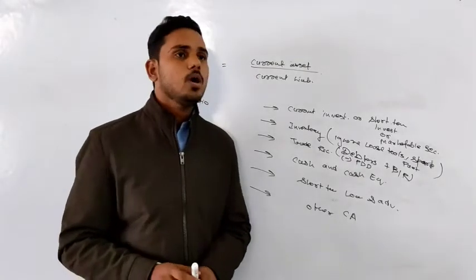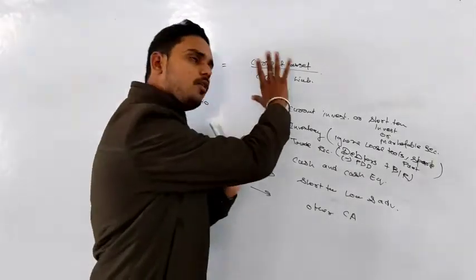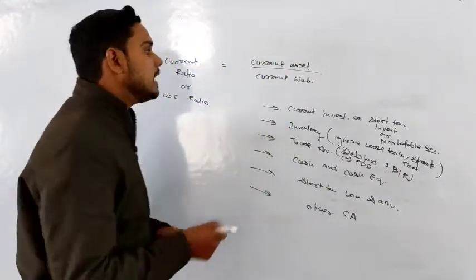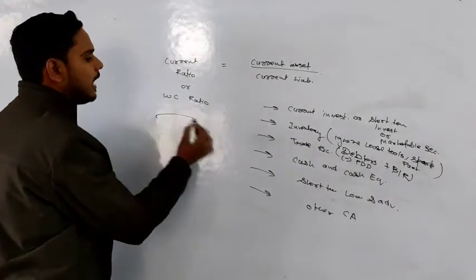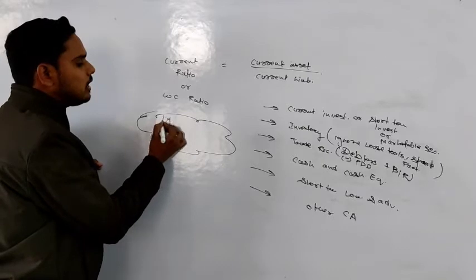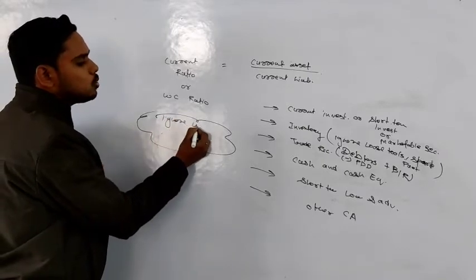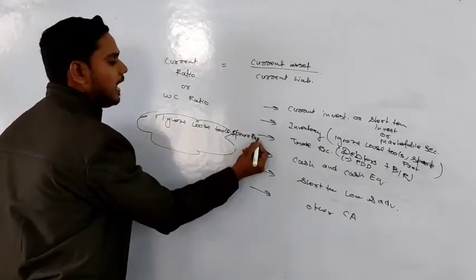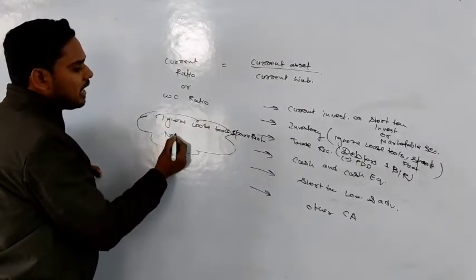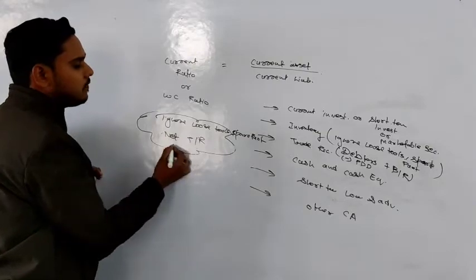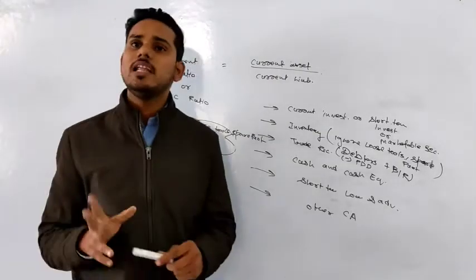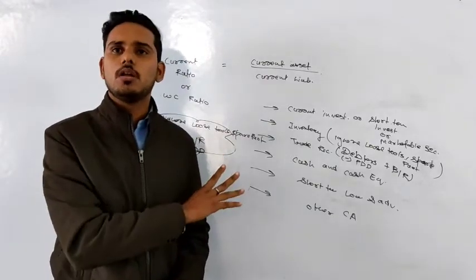No confusion now? Okay. Now, but that we have already learned. What we need to keep in mind, sir, is only one thing. That, sir, whenever we will consider inventory, we need to ignore loose tools and spare parts. And the second thing is, we need to take net trade receivable. That is, we need to deduct the provision for doubtful debts. That is the only 2 things that you need to remember.